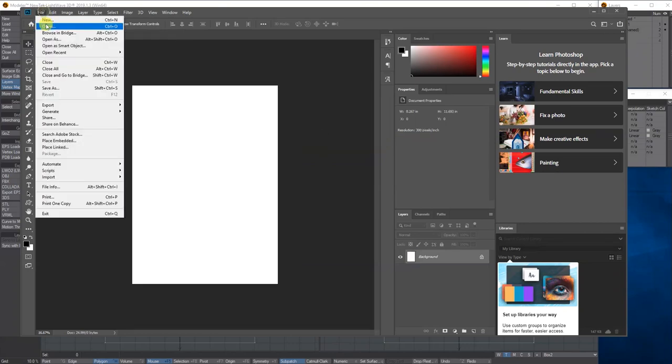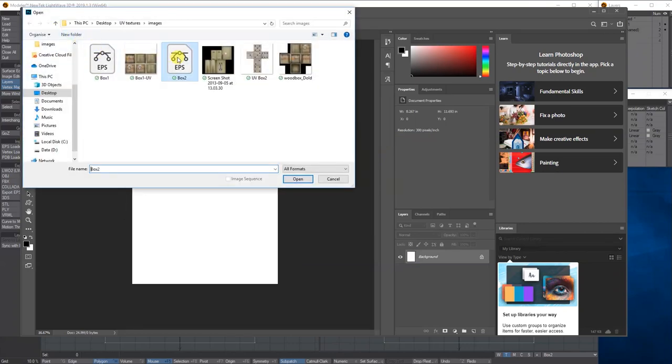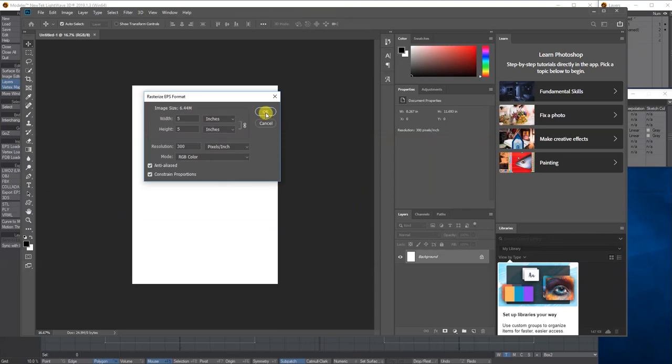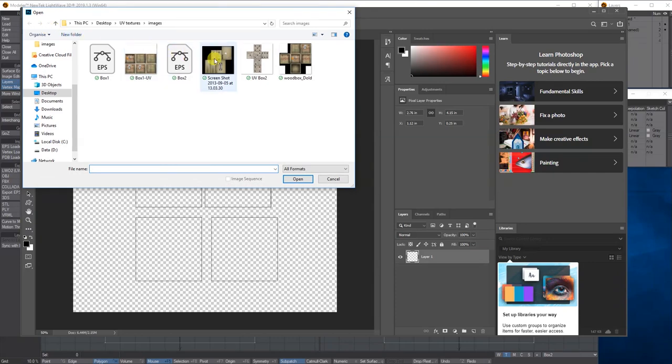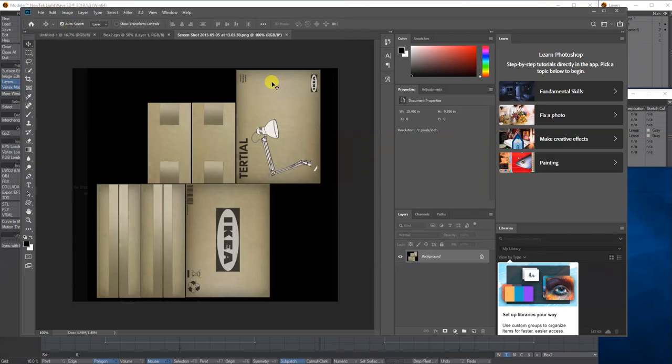Let me open up the EPS2. Same settings it's remembered, which is good. And then I just need to put whatever textures I want to put in here now. So for this, what I could do is open up, let's go and get, let's say, I've got an IKEA box here that I could maybe use. Like so. Yeah, I could use this. I mean, it's a rectangle, but I can live with that. We're only using it for this purposes.